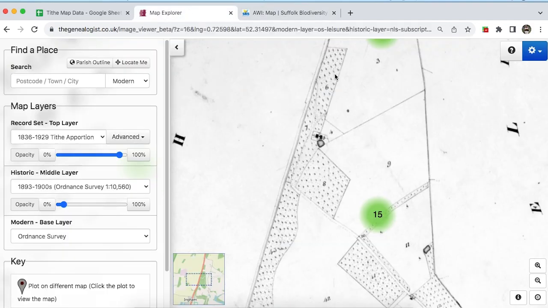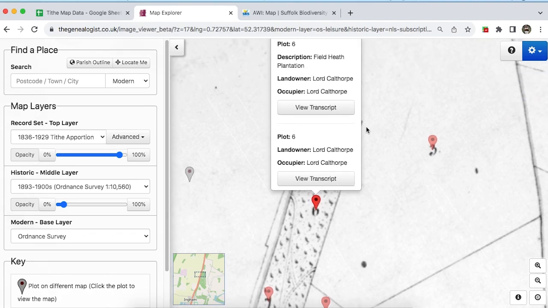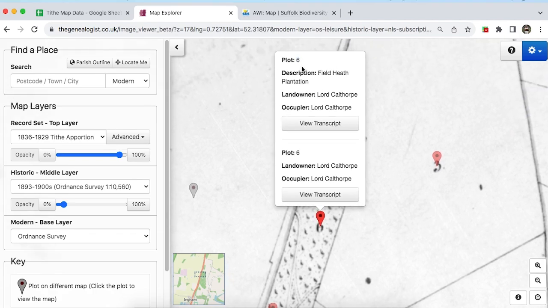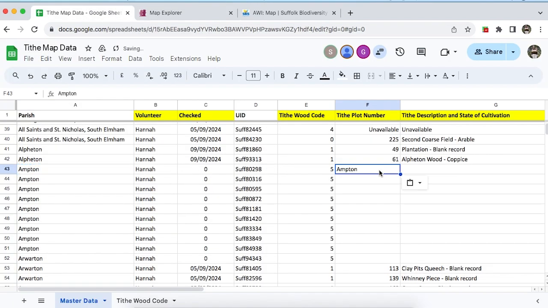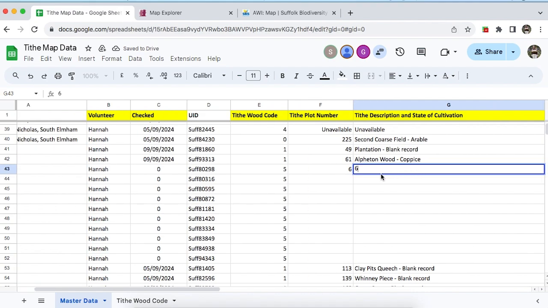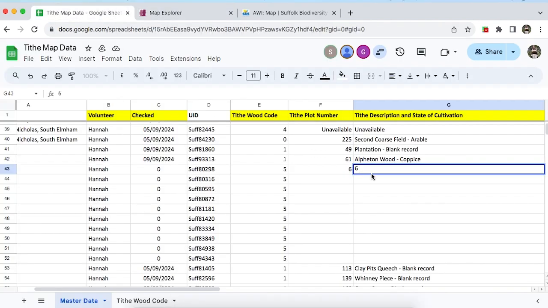So for this one we'll start up here, and we're just basically doing the same as we always do. Just going to take the plot number, copy and paste. Oh no, I don't think I copied it. Well, it was number 6 anyway, wasn't it? Now, because we're doing multiple plots for this one, we're also going to put a 6 in here so that when we fill the information in, we can understand which information is relating to which plot number. So for plot number 6, that is called Field Heath Plantation,